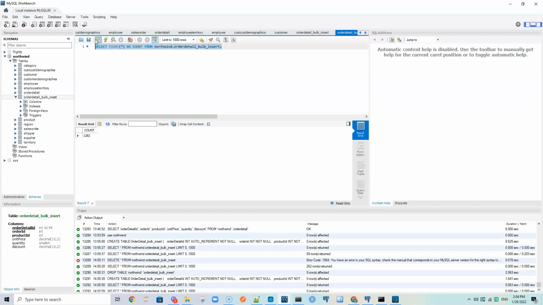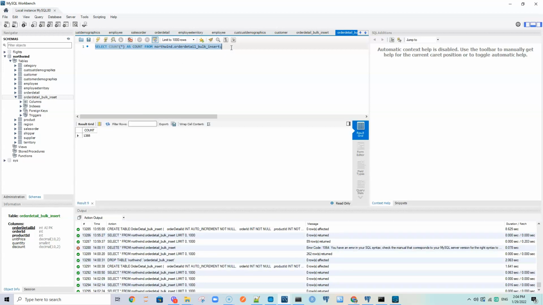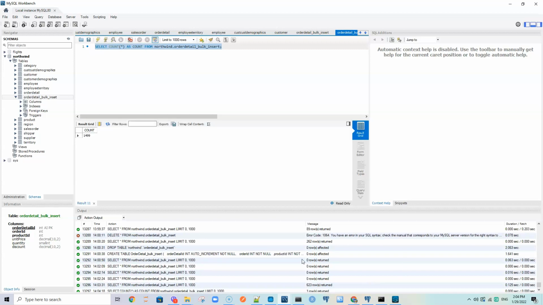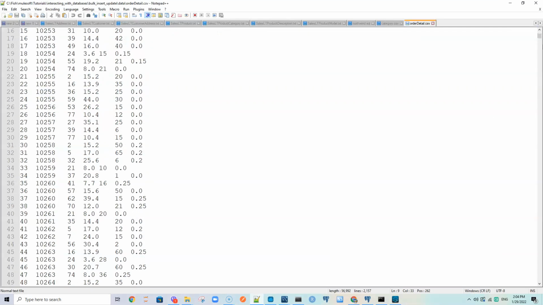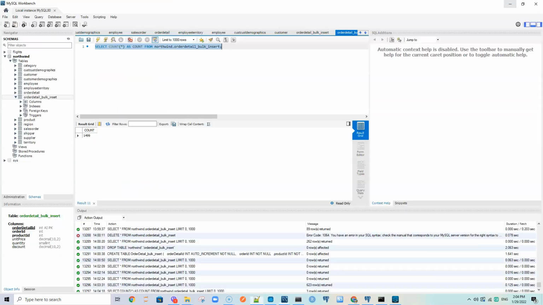I see it is still inserting the data, so we have to give it some time. As you can see, it is increasing. 1388, 1445, and so on. So at the end, when it completes, the number of records in the table should be 2155. So you see, it is very easy to use the bulk insert in Mule 4,